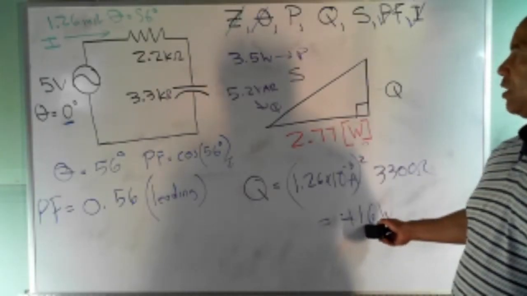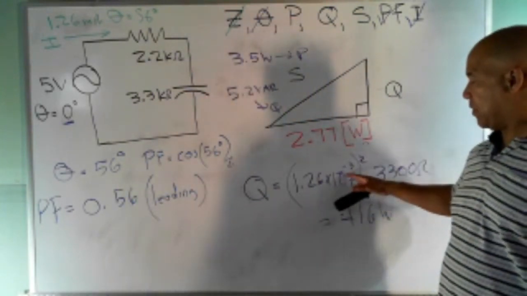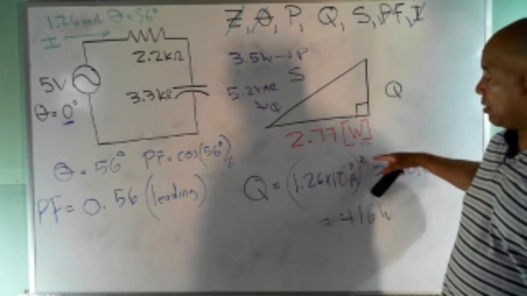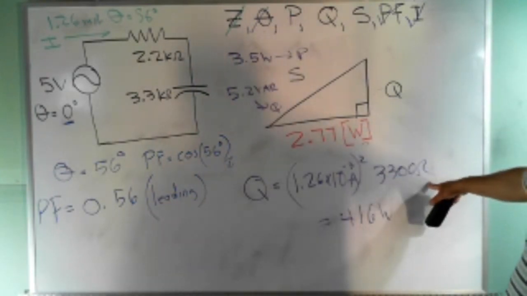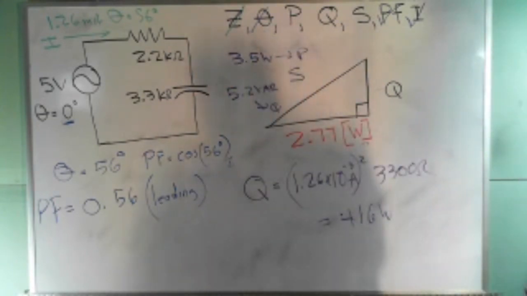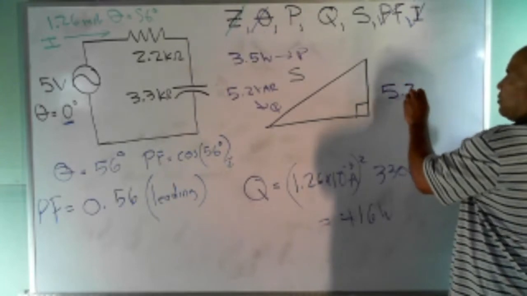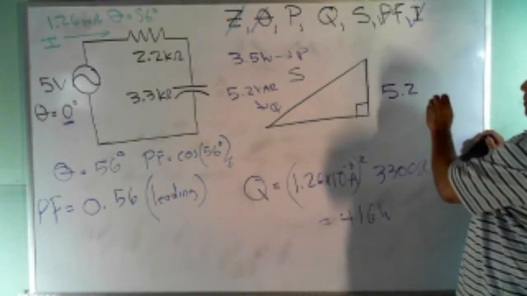So one of these numbers: 1.26 times 10 to the minus 3 squared times 3,300. Dominique's claiming that it's 3.5. Is that right? No, that one should be 5.2. The times 3,300 is the 5.2. Okay, so that's this one. So we're saying that this is 5.2, and this would be in